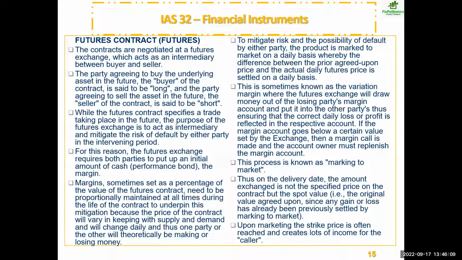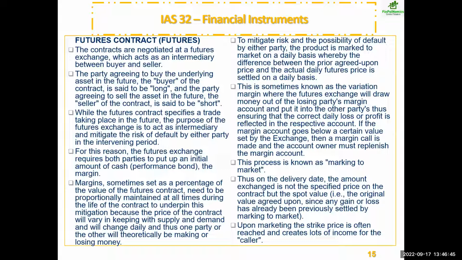For this reason, the future exchange requires both parties to put up an initial amount of cash, performance bonds, the margin. Margin is sometimes set as a percentage of the value of the future contract, which needs to be proportionally maintained at all times during the life of the contract to underpin this mitigation, because the price of the contract will vary in keeping with supply and demand and will change daily, and thus one party or the other will theoretically be making or losing